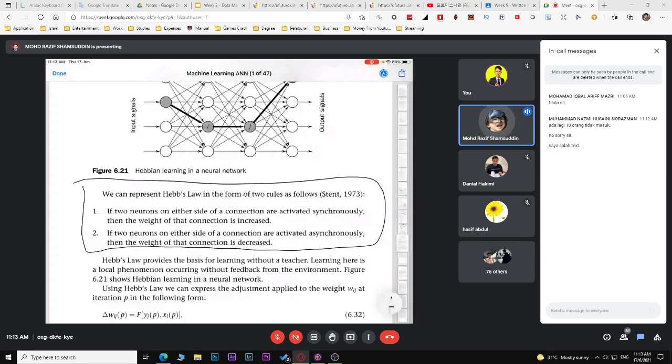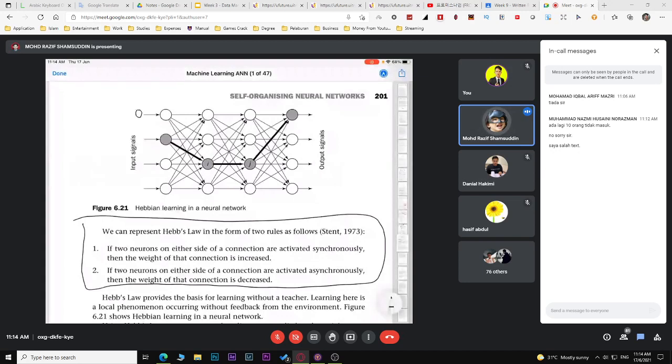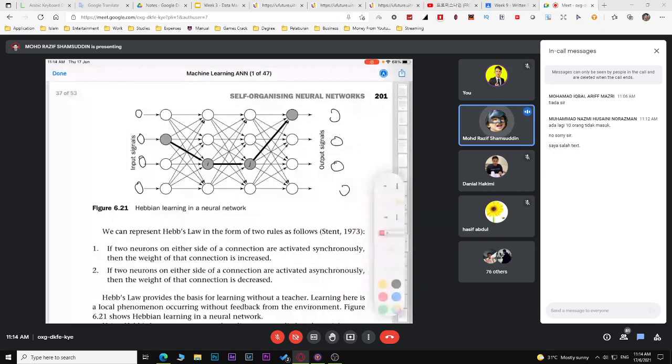Alright, so synchronous ni maksudnya kalau kita tengok kat Google punya definition in the dictionary, dia kata existing or occurring at the same time. So kalau neural network kan occurring at the same time, meaning kalau sini dia activate 0, 0, 0, 0, sini pula 0, 0, 0, 0, maknanya dia tidak activate pada masa yang sama. So apa maksud activate pada masa yang sama? Maksudnya adalah kalau sini 1 dan sini pun 1, dia activate